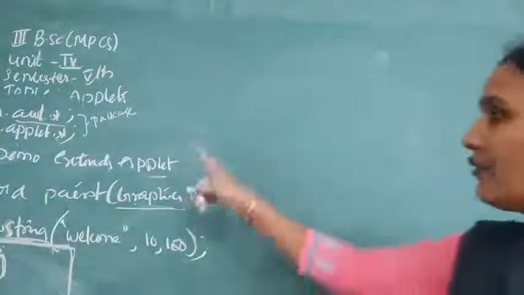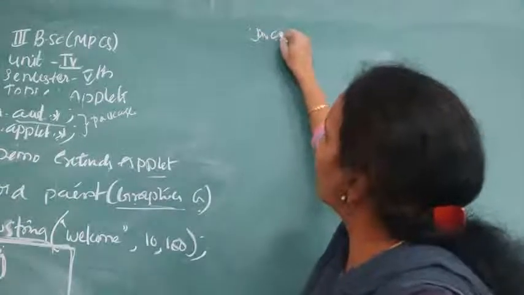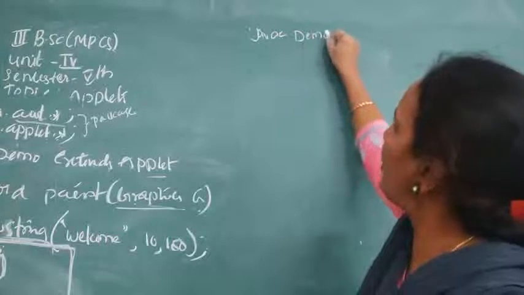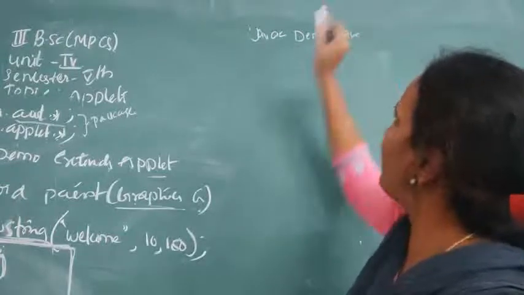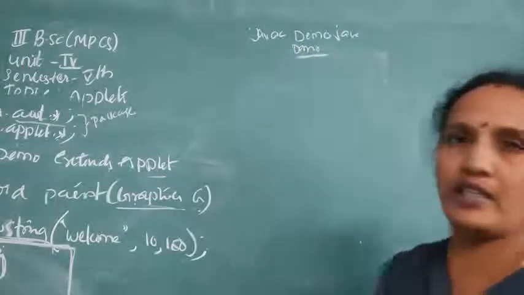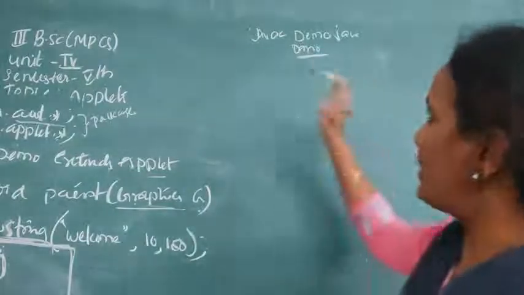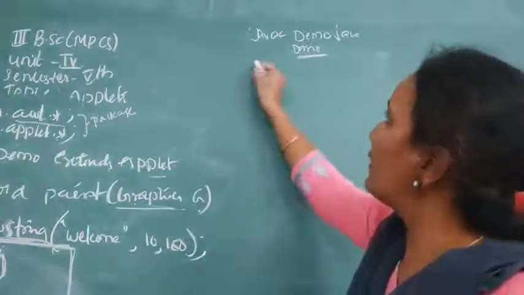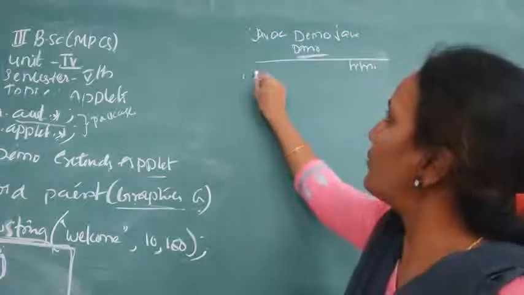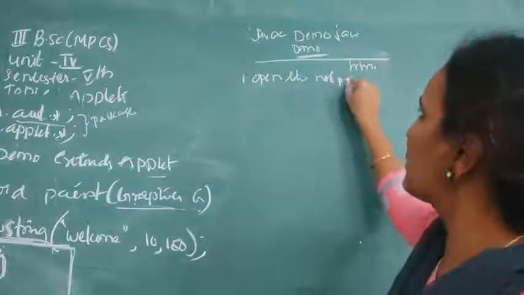Now, after this, you execute the Java program with javac. What is the name of the file? Demo.java. So if there is no error, the Demo class file is generated. This class file is very, very important. So after this, you close this complete window. Next, the HTML file. Now open Notepad and write the following.